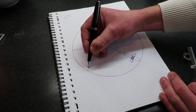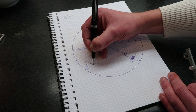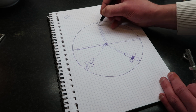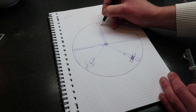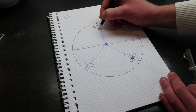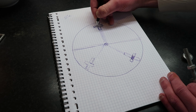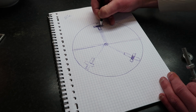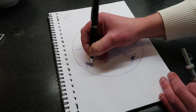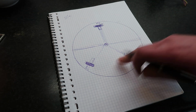And I'll do the same here. There's gonna be a bearing as well. And here as well. It's a bit out of whack. Bearing. Bearing is darkish. So on 3 points,